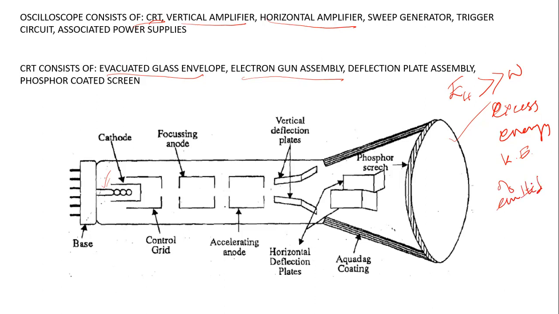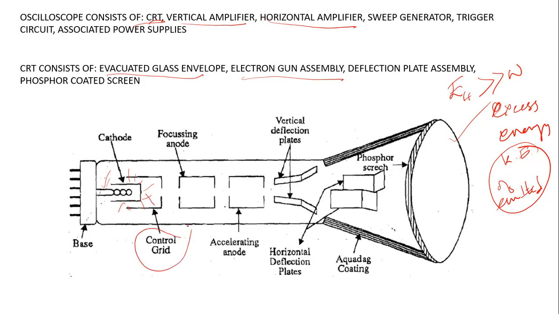So you can see that when you heat this cathode, it will generate a large quantity of free electrons. Not only that, those free electrons will have a large amount of kinetic energy. They will tend to go randomly in various directions with this random kinetic energy. Okay, so those free electrons which are released randomly with a high kinetic energy in various directions, they will be controlled